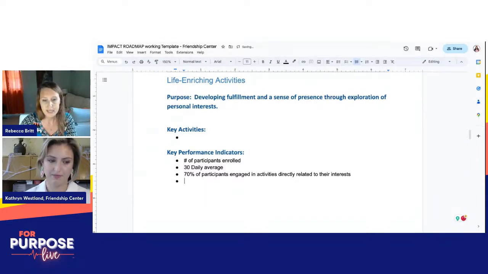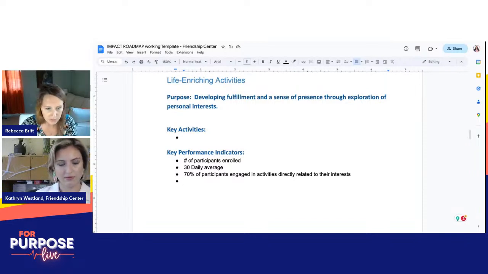Yes. Okay, so then now we've got how much. Those are the two numbers of rolled, your daily average, love it. 70% are actually engaged in activity directly related to their interest. That is how well are you actually delivering the service. And now we get the, is anybody better off? So for these, we're going to need two metrics on fulfillment and sense of purpose. And you will just be able to do like, so